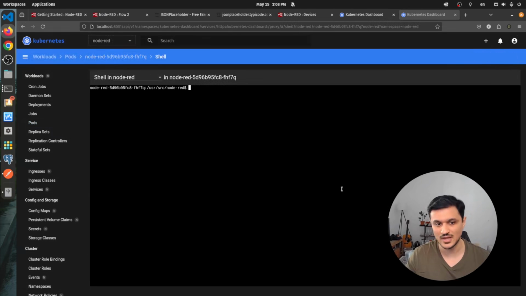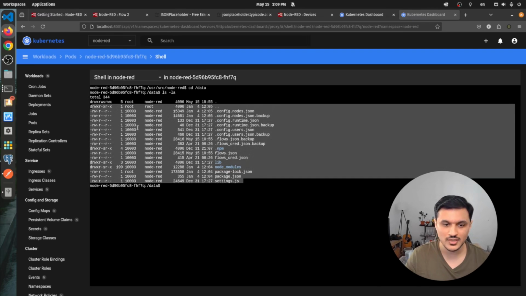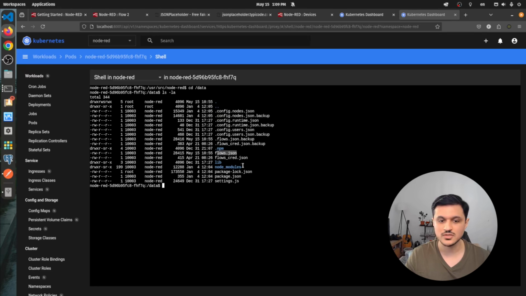Now let's see what is under that path. If I come here, this path is not inside this pod, it is mounted into it. And it has all of the Node-RED configuration, including our flows, including the node modules that Node-RED needs. Basically a whole Node.js service is running here. I guess even if I run node, yeah, so even Node is running here. So it's basically a Node.js service. This is what is important to have in mind when you are installing Node-RED, to make sure you have a